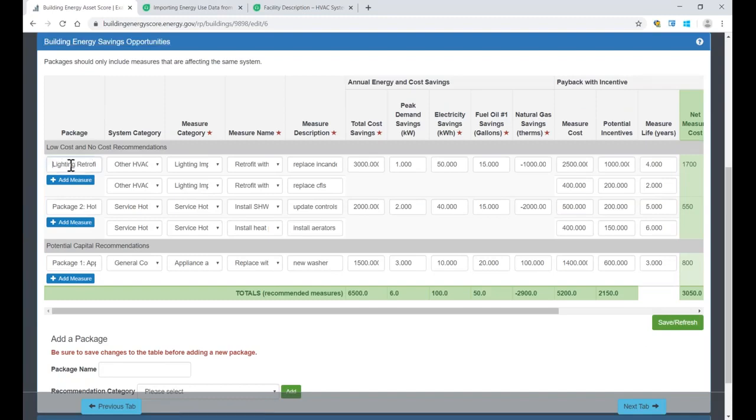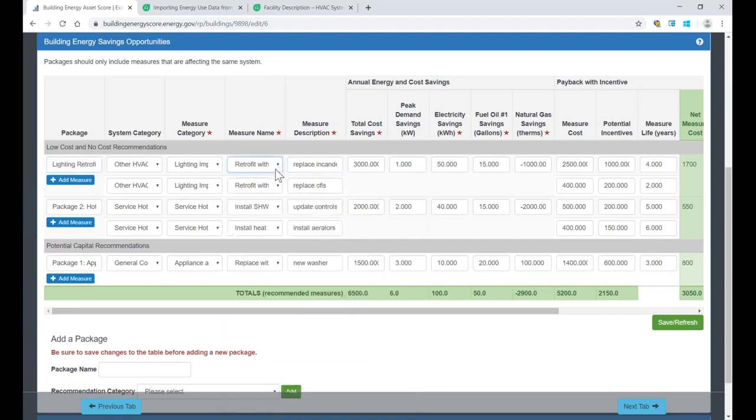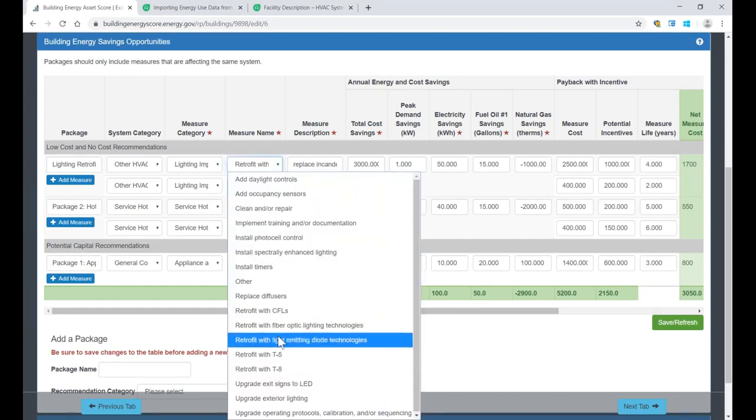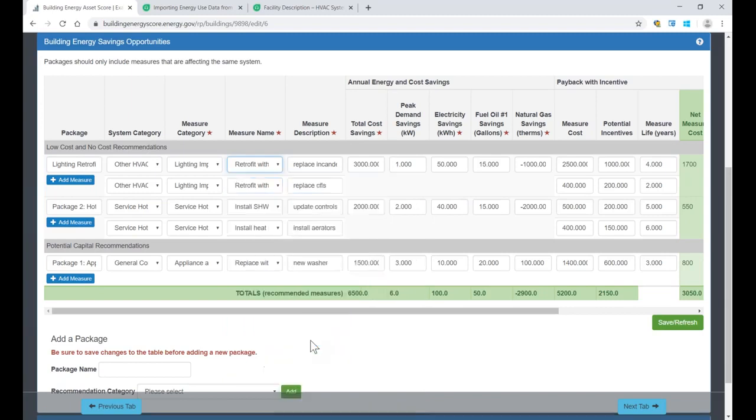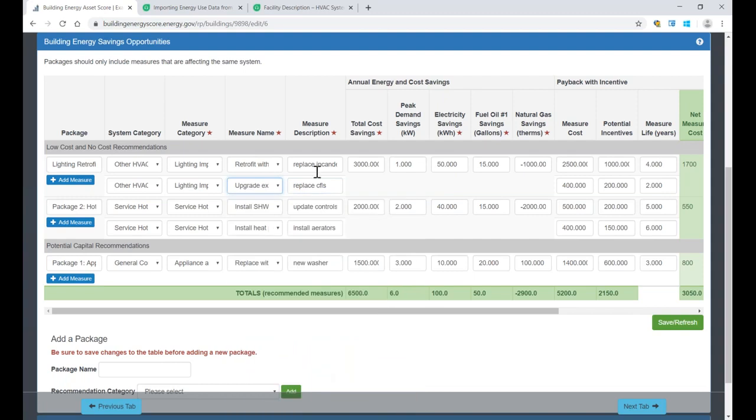For example, maybe we have a lighting retrofit package that is recommending to retrofit with T8s, or maybe, rather than T8s, let's retrofit with LEDs. And there's an open input field here to add additional description. You're replacing your incandescents with LEDs, or you're replacing your CFLs, or maybe you're upgrading your exit signs